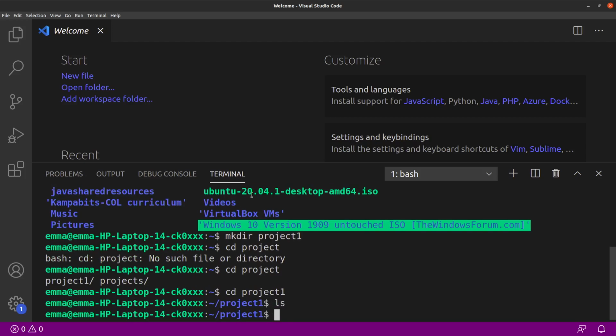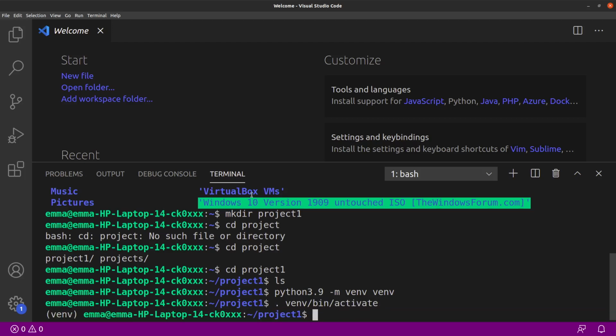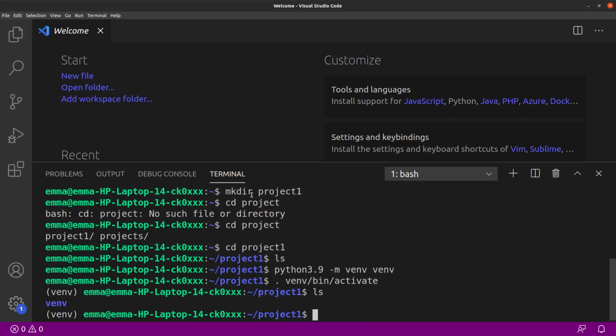Yeah, so inside project 1, I'll create the virtual environment. I'll try to use Python 3.9, though it is very new. I'll try to use it for this session. So after creating the virtual environment, of course, you have to activate it. Yes, so my environment is activated, and I can go ahead and install